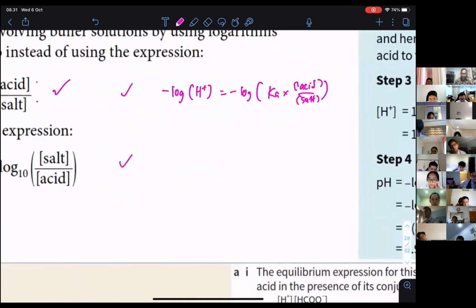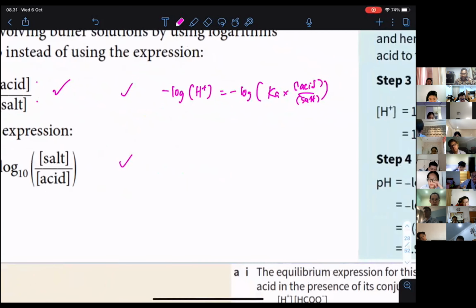Okay, that's going to be pH. Your maths, I hope you learn this in your maths. Negative log Ka, and then this is still going to be times, so it's going to be negative log